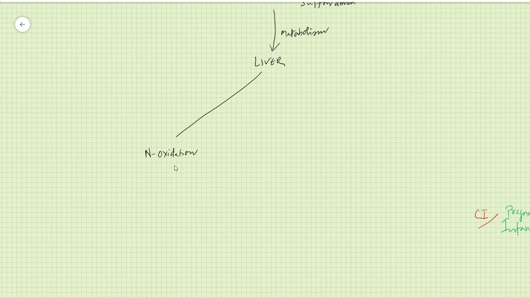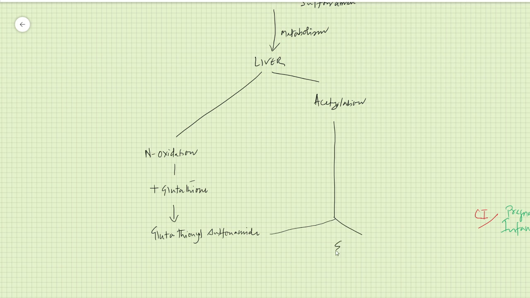Okay. The N-oxidated metabolite is combined with glutathione, okay, to form glutathionyl sulfonamide, and the other part undergoes acetylation, and both these metabolites are excreted